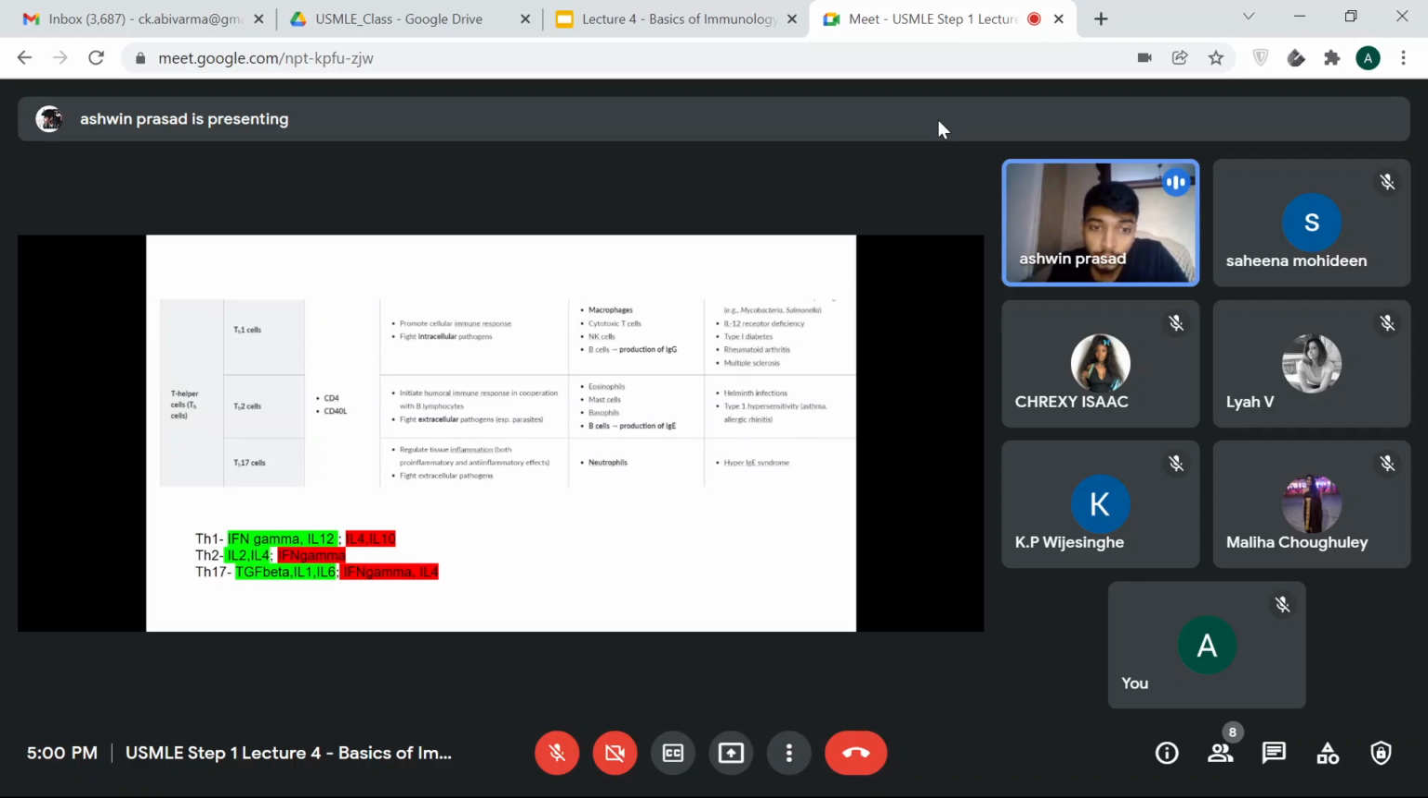TH17 is not as high yield and well known as TH1 and TH2. TH17 is pro-inflammatory, and it increases the amount of neutrophils, as it calls upon neutrophils basically to the site of action. There's a big table in First Aid, I didn't include the table